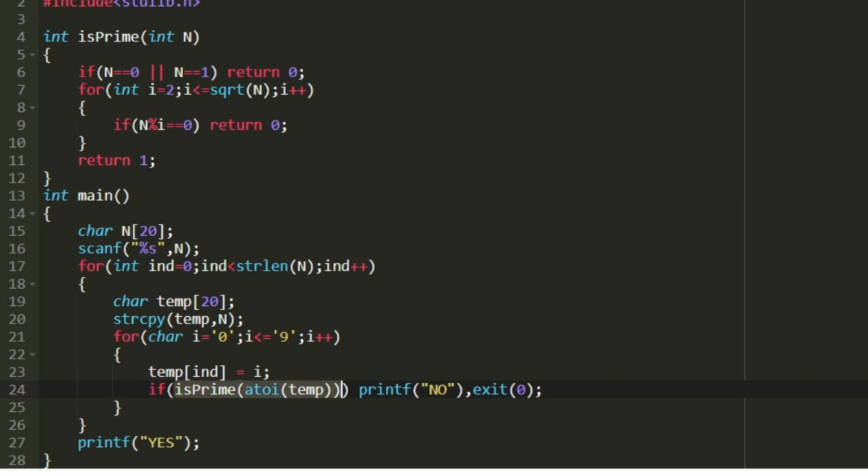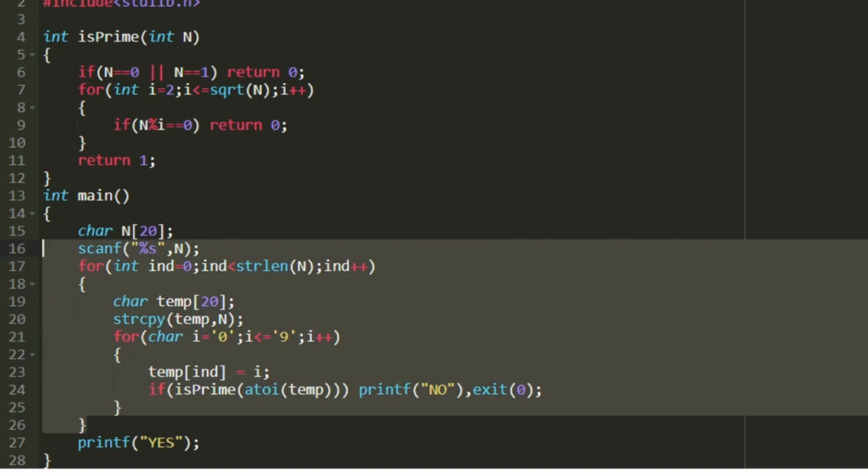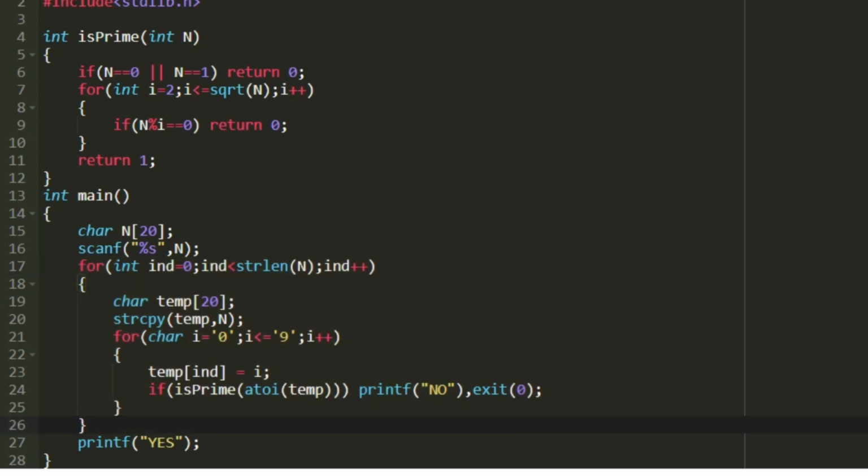So whenever the function returns true, then we should print no as our output, because if we are able to form a prime number, we have to print no. So whenever the integer is prime, we print no and terminate the whole program using exit 0. Suppose all the integers are composite numbers, then finally after the execution of the for loop, we would have printed nothing. So in those cases, if we are not able to find even a single prime number, we have to print yes. So finally after the execution of all the loops, our output would be empty, so finally we print yes.